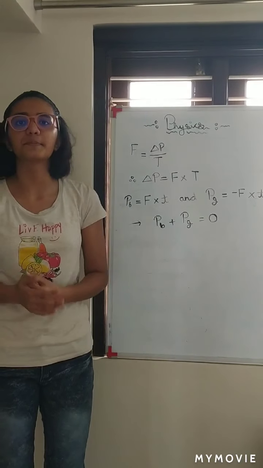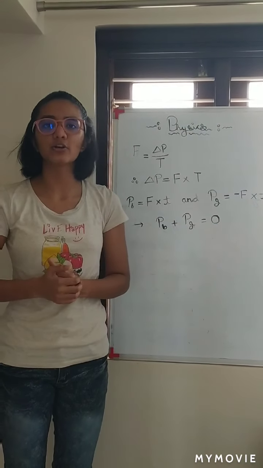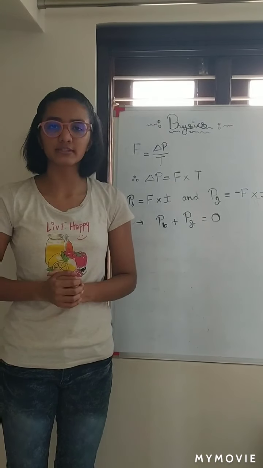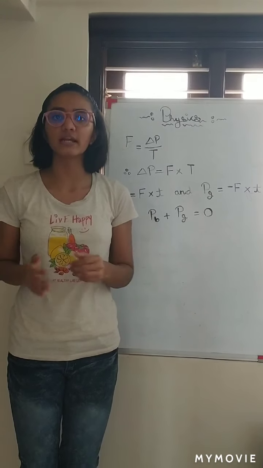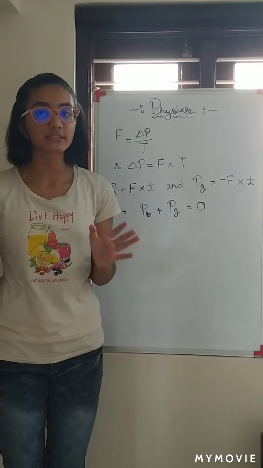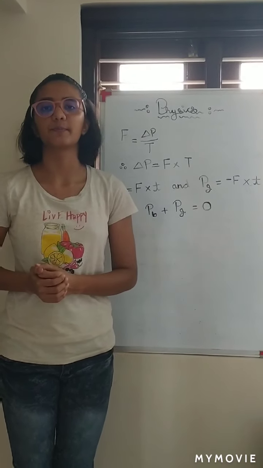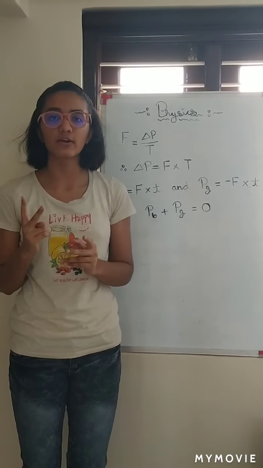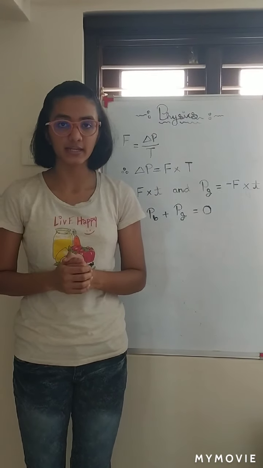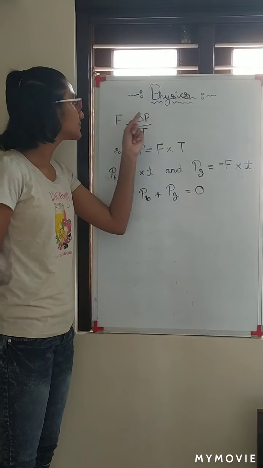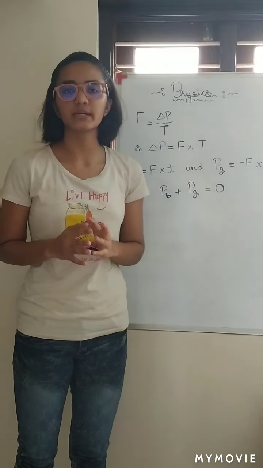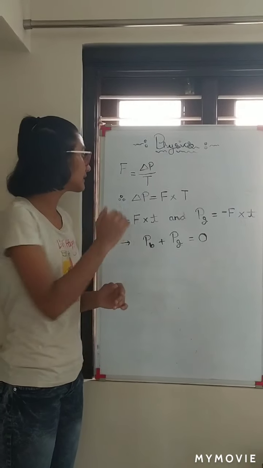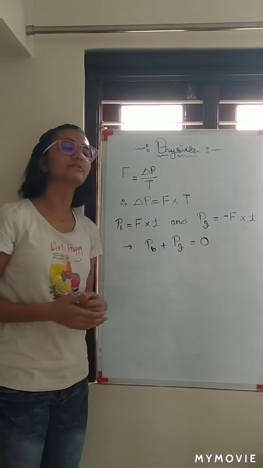As you have now seen in the practical, when the bullet is fired from the gun, according to Newton's third law, the force on the bullet by the gun is F and the force on the gun by the bullet is minus F. The two forces act for a common interval of time. According to Newton's second law, force F can be written as F = ΔP/t, where ΔP represents the change in momentum of an object. Or we can say ΔP = F × t.